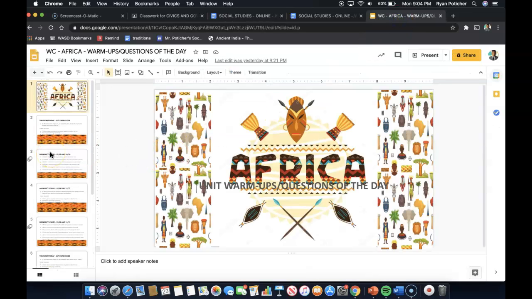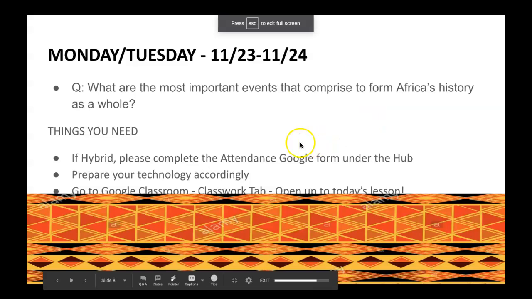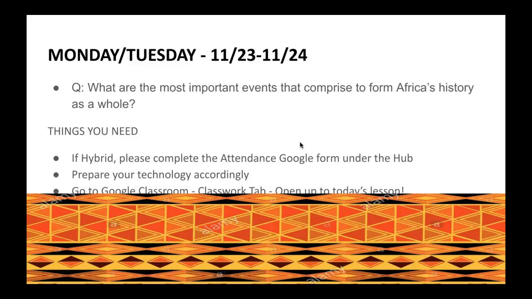Okay, so in regards to the question of the day, let us direct our attention here, please, to Monday and Tuesday, 11/24 and 11/23. When we look at this question, this essentially leads us into the next half of the unit, where we're going to be looking at African history, especially after break. We're going to be looking at it more in depth. But for your lesson today, you're going to be looking at the early start of African history in the form of folk tales and folk art and, of course, proverbs and things of that nature that give us more insight into what early African history might have been like.